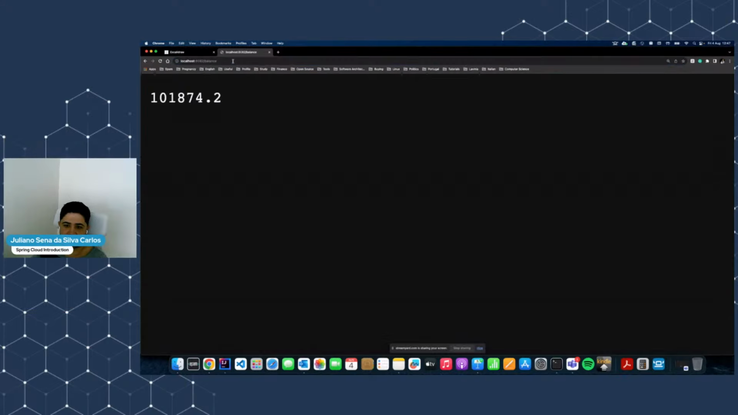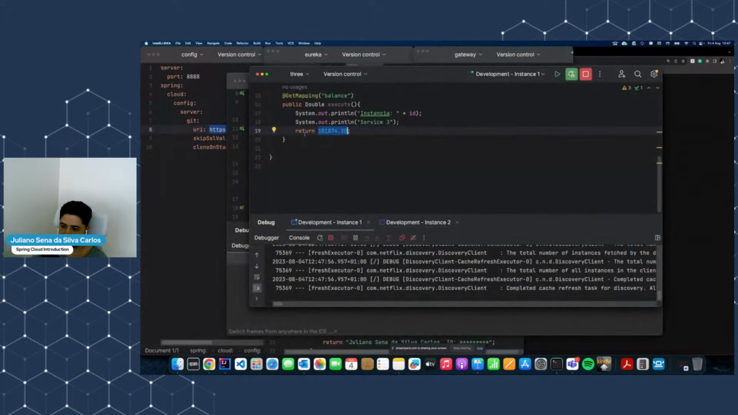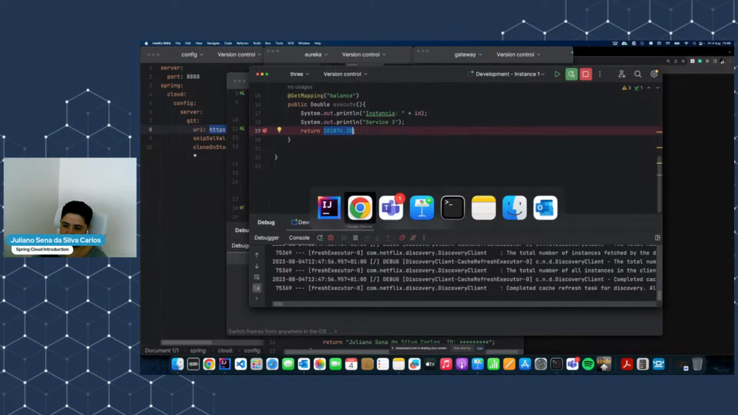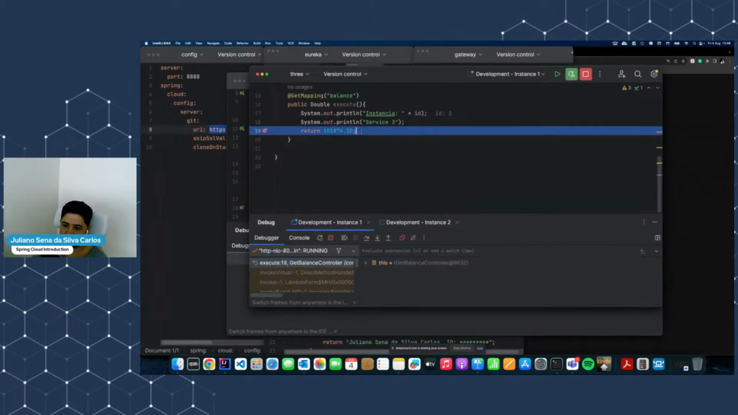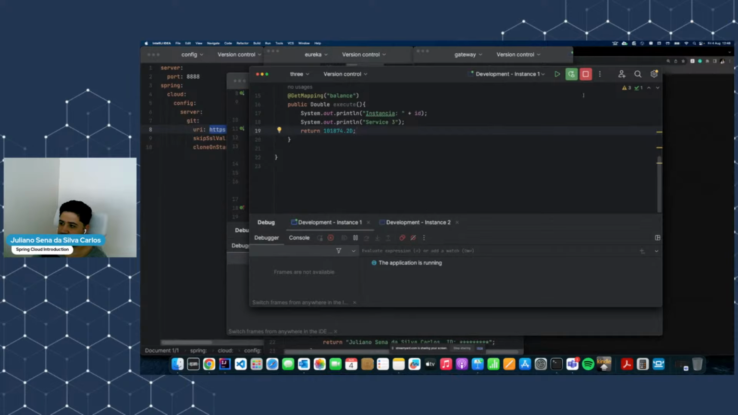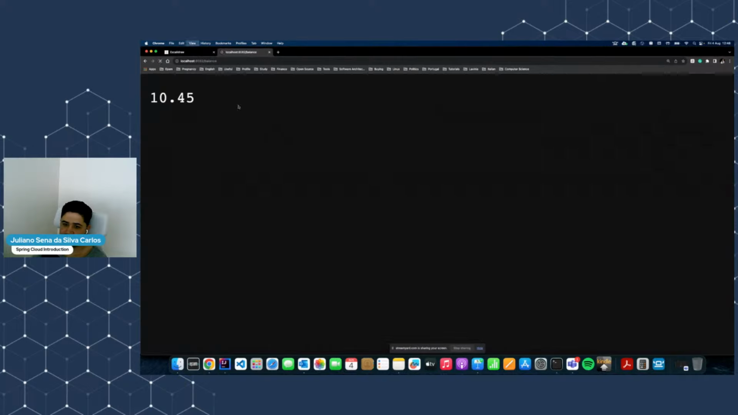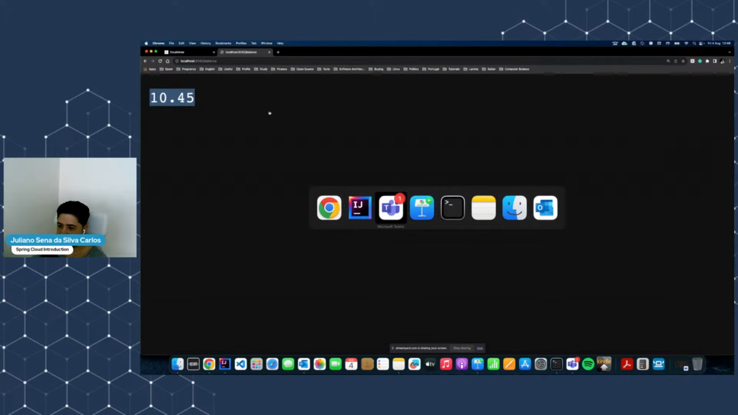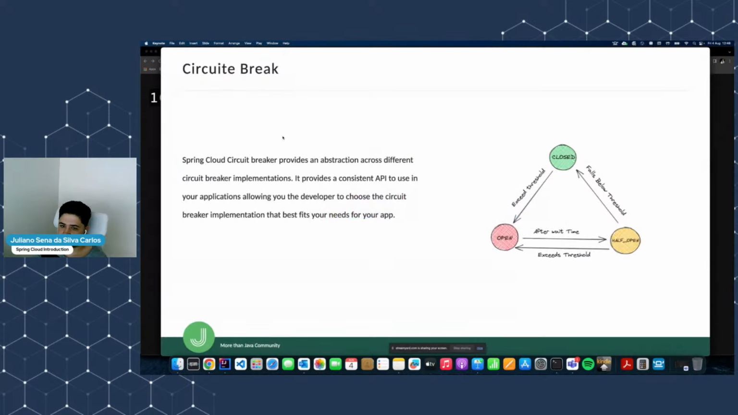Okay. As I said before, I started service 3, and we are calling service 3 right now. I'm going to put this breakpoint just to make sure service 2 is calling service 3 right now. If I shut down service 3, the response is the default again. Okay, going back to our presentation,